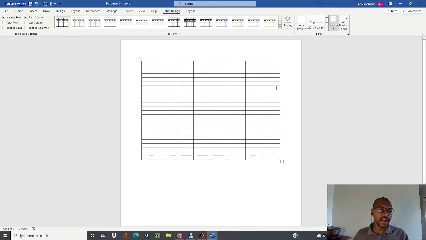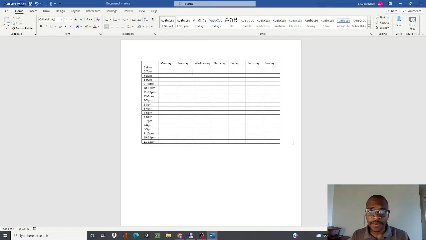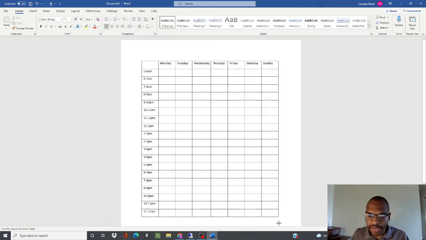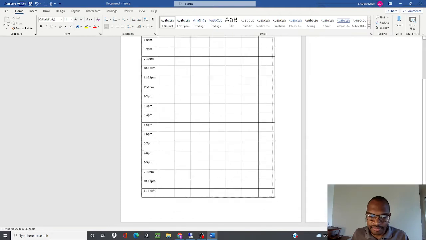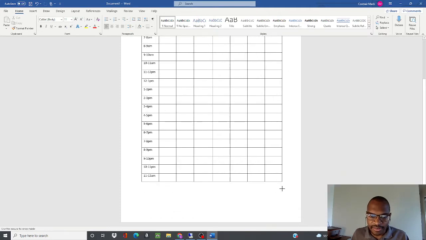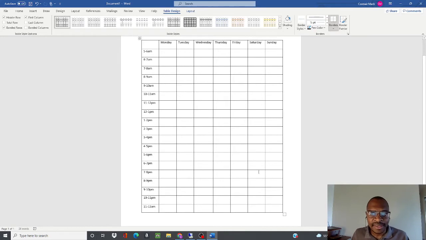I will do some more editing magic, and ultimately I'll see you when I create the schedule. All right, here we are. So ultimately, it was 8 columns by 20 rows to create this. And what you can easily do, so if you run your mouse here to the bottom right, you can easily make this bigger and stretch it out a little bit. Right? And then ultimately, you got to play with your margins a little bit to make sure it prints out if you decide to print it for your client. But yeah, it could easily be something like this.